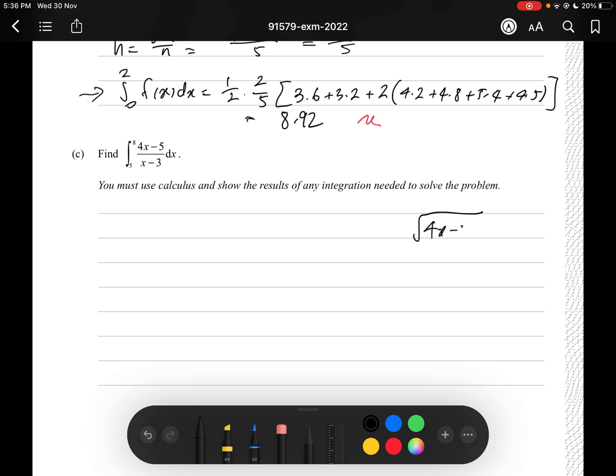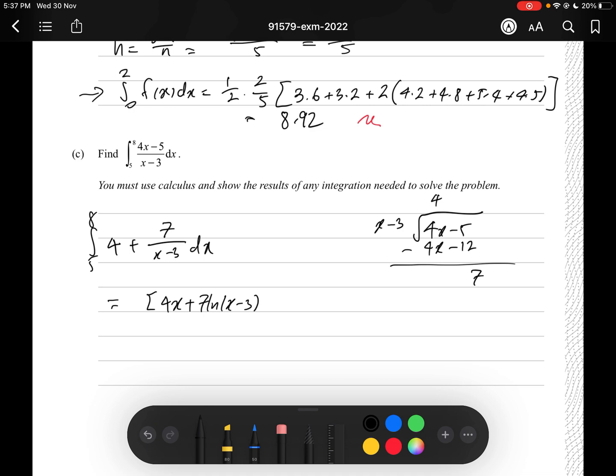So we have 4x minus 5 and x minus 3. If we put a 4 here, we're going to get 4x minus 12. And don't forget it's minus, so it's negative 5 minus 12, so it's positive 7. So in this case, we can rewrite this as the integral from 5 to 8 of 4, and then the remainder is 7, so we have 7 over x minus 3 dx. And now this looks very familiar, so we can just get 4x plus 7 ln of x minus 3 from 5 to 8. So what we need to do now is just plug in the values 8 and 5